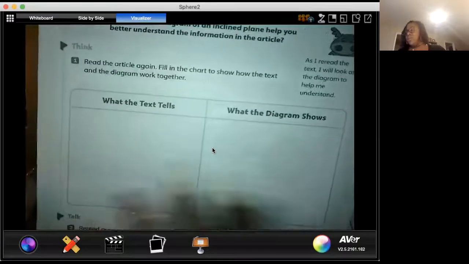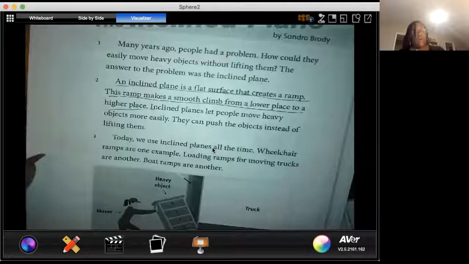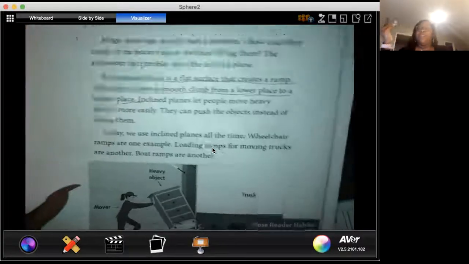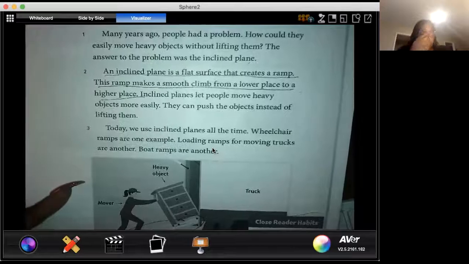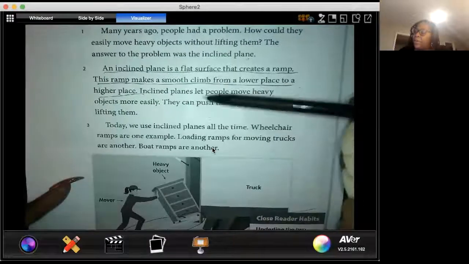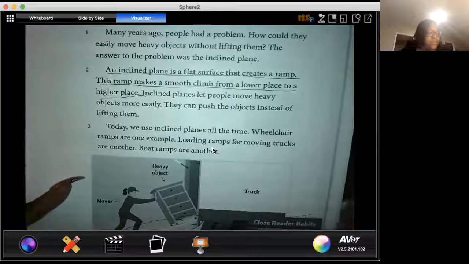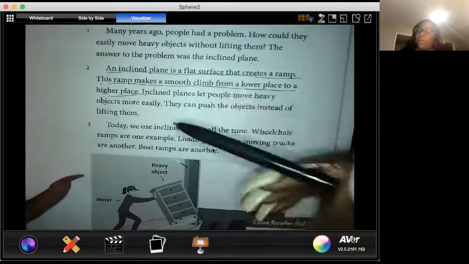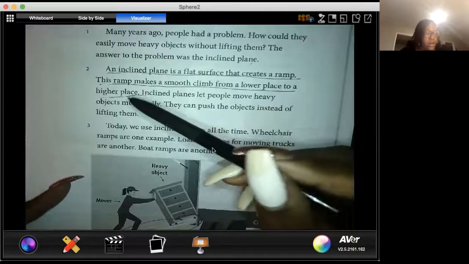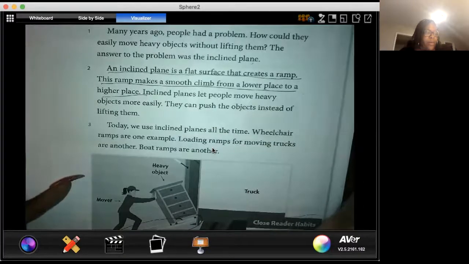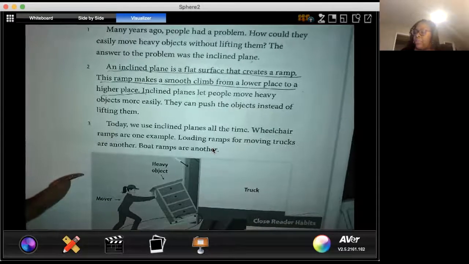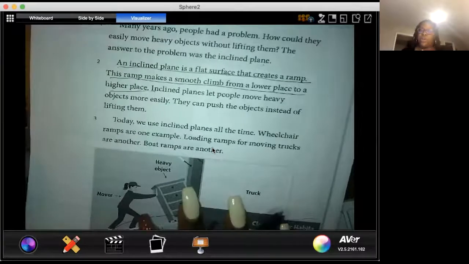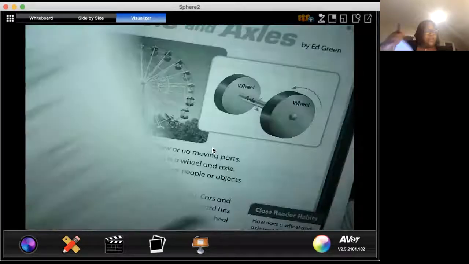So let's go back to the passage. Now, I am not going to necessarily reread this a third time, but I want you to think about what it says up here and what it shows down here. So one thing is the inclined plane creates a ramp. A ramp makes a smooth climb from lower to higher. So we could see here, it makes a smooth, and you see them going from what? Lower to higher. So we could go ahead and put in our text side that,